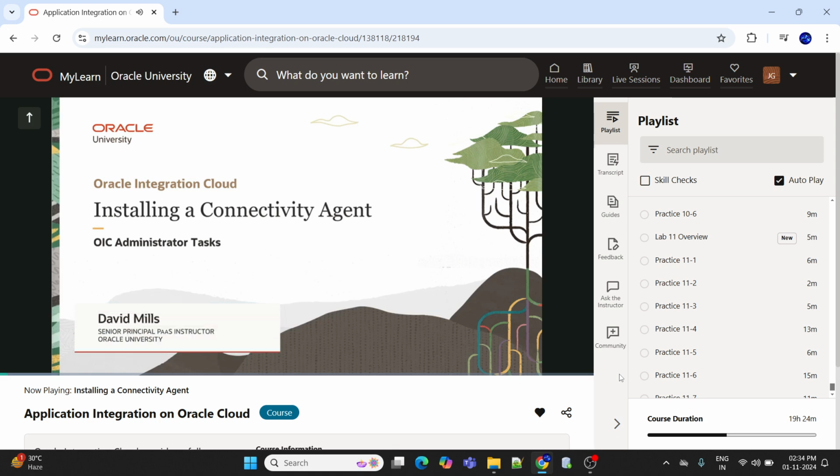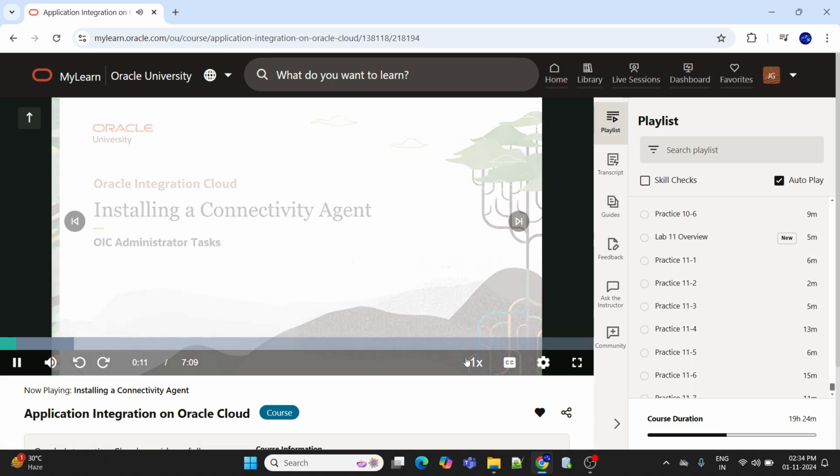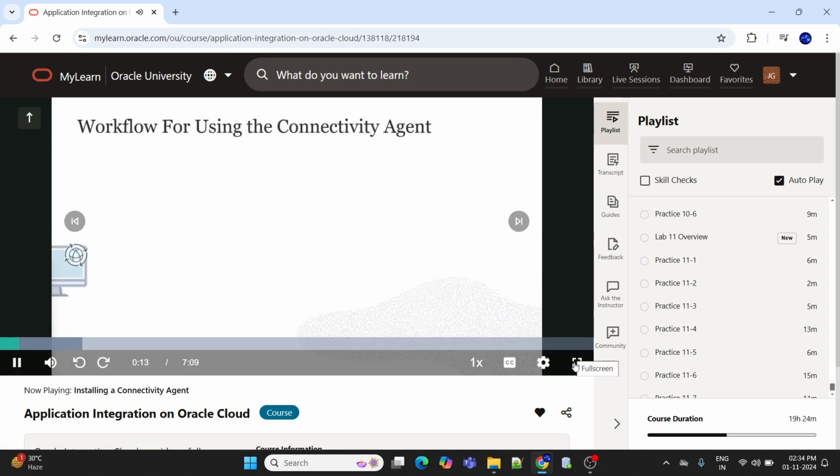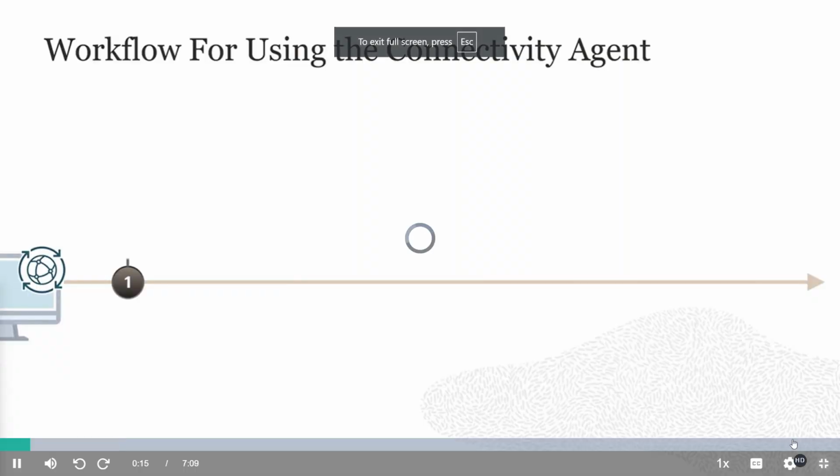Welcome. In this lesson, I'll walk you through the steps involved with installing and using an OIC connectivity agent. Let's start with the high-level workflow. First,